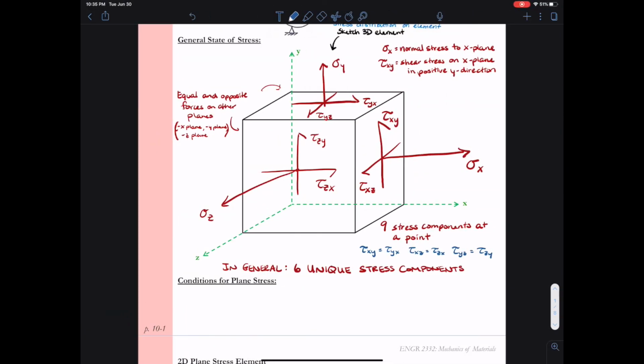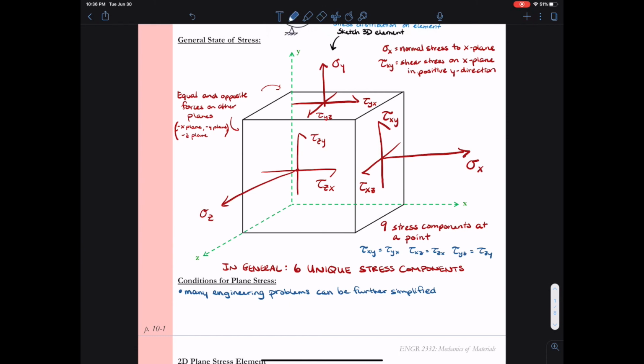Alright, so let's go ahead and write down a definition for plane stress and sketch the plane stress element. When we talk about plane stress, we're talking about stress that's only acting in one two-dimensional plane. So we'll consider stresses acting only in the XY plane. Again, this is common for many engineering scenarios, and it'll help simplify our calculations if we're able to eliminate some